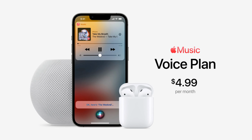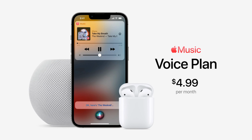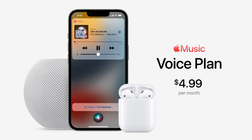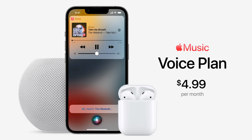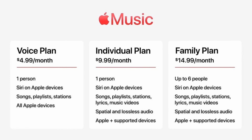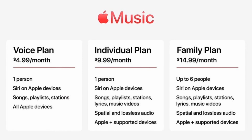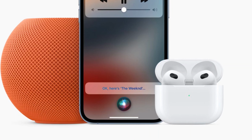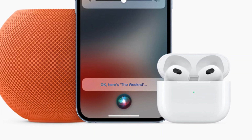If you don't know what Apple Music is, it's a music streaming service similar to Spotify made by Apple. The Apple Music voice plan is the same as Apple Music, but you can only use your voice to play music using Siri. So therefore, it's quite a lot cheaper at $4.99 compared to the $9.99 that the normal Apple Music plan costs. I honestly don't know what I think of this. It's an interesting concept, but I don't think many will buy this plan. If someone really doesn't want to spend much money, I would just recommend using the free version of Spotify or